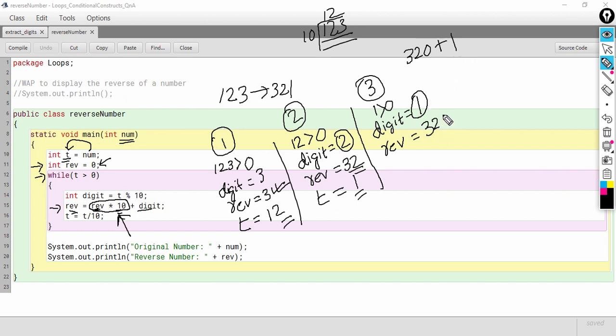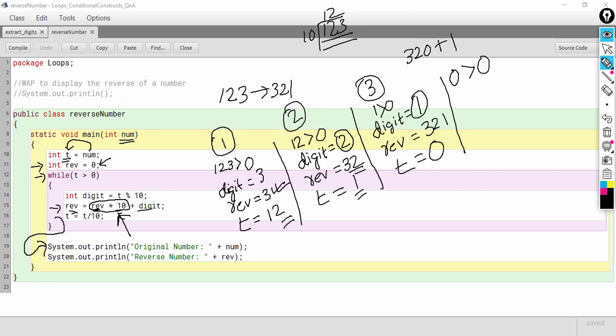In reverse we will have 321, and again we update the value of t. So t is equal to t divided by 10; the t value is 1, and if you divide by 10 the quotient will be 0, so t becomes 0. Again the condition is checked: 0 is greater than 0, the condition becomes false, and we are out of the loop.